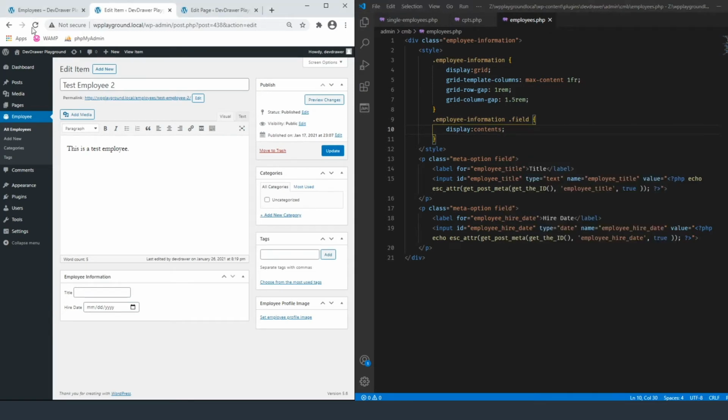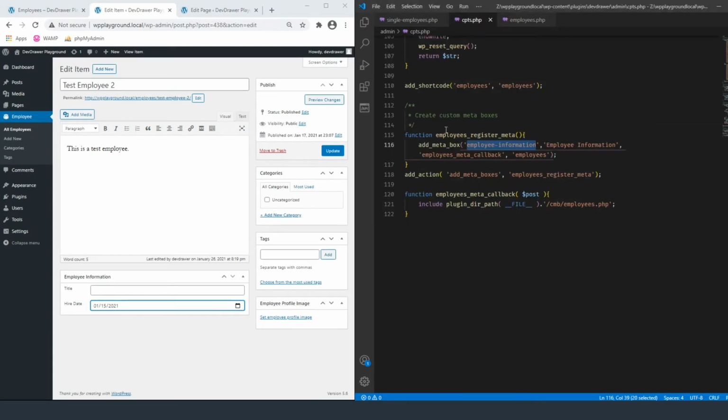And now if we refresh the page, there we go, that's a lot cleaner looking. And if we select this, we can either insert this manually, or we can click over here and choose a date and it'll fill it in for us. Okay, so now we have the functional display of it, so now we need to make it where it actually